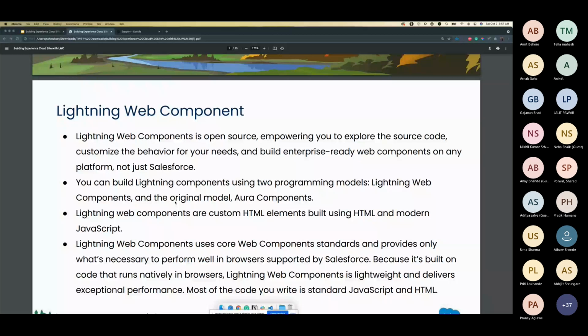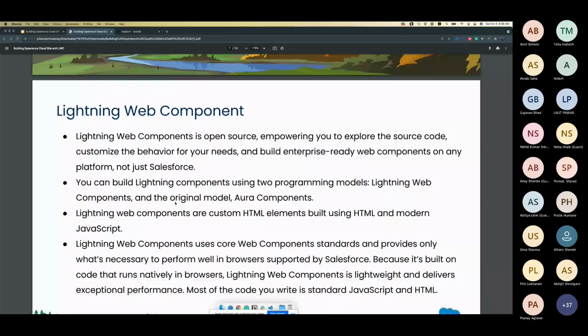So, just a quick revision on Lightning Web Component. It's open source, where you can create your own code. Previously we had Aura components and now we have Lightning Web Components. Using Lightning Web Component, you can create UI related stuff where you can interact with the backend. In general, there are two Lightning component models: one is the Aura component, which is the old one, and then we have the new Lightning Web Component. Lightning Web Component uses HTML, JavaScript, and CSS primarily to build front-end level components.